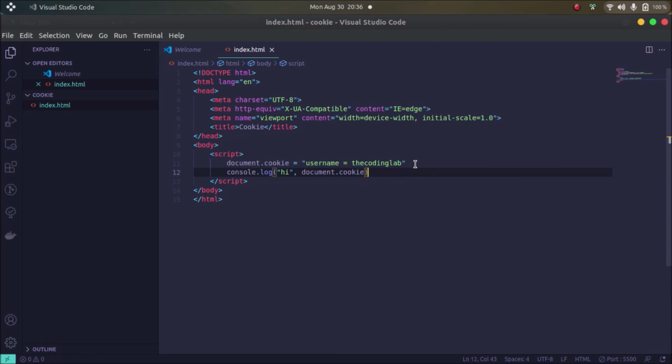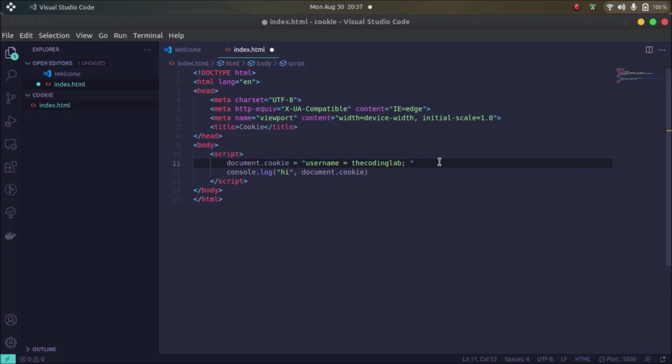First, cookie is not stored in the form of key value pair. Okay, you have to just pass a string. Whatever cookie you are storing, you are just passing the string. In a string, you can of course add your own logic like key value pair or anything else that you prefer. So this is one way it is different from the local storage and session storage. The second thing is that cookie can also be expired. It can have some date or time after which it can get expired. So the second point is that cookie can also have an expiry date.